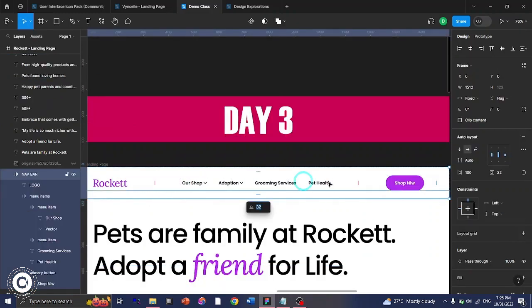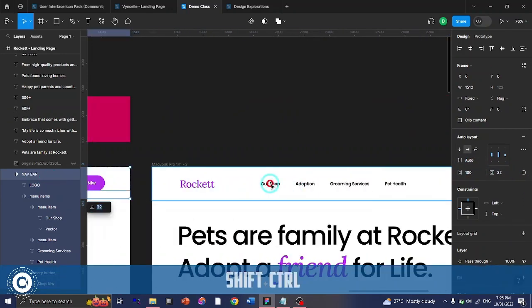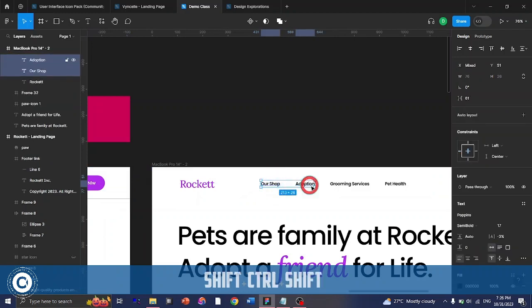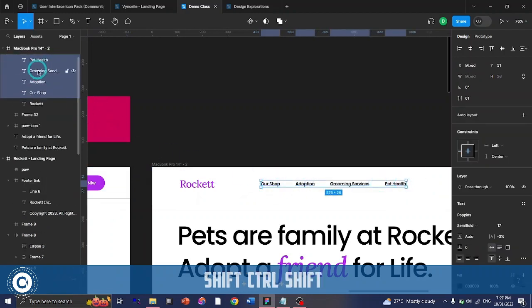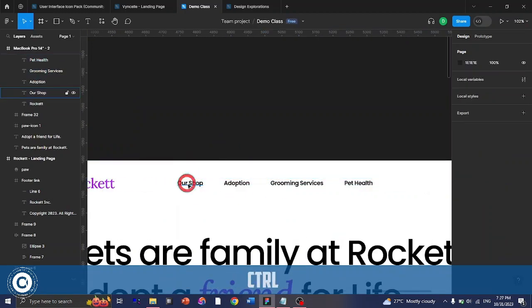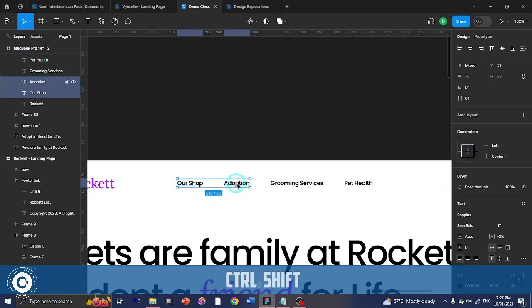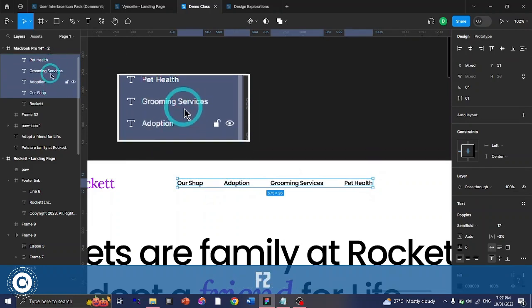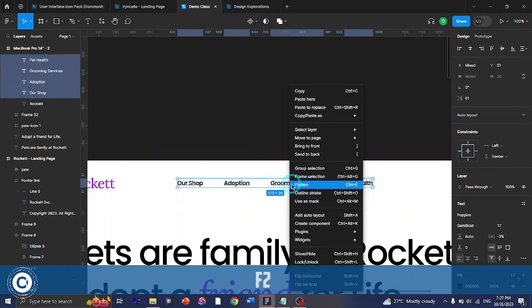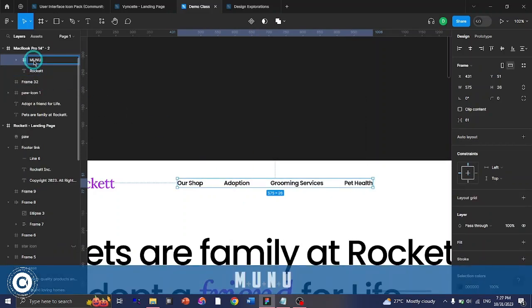So right now I used an auto layout for this navigation bar. I think I might skip that in this video because it might look a bit too technical, so I'll just frame it. I selected each of those menu items, holding Control and Shift, so you have the 4 of them selected here. Then I right click and frame that selection, and I call that menu